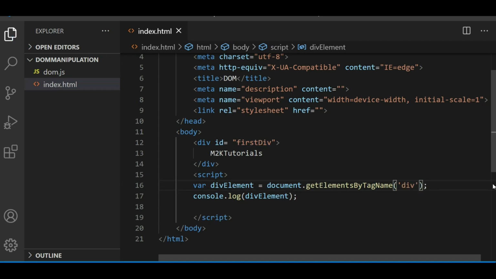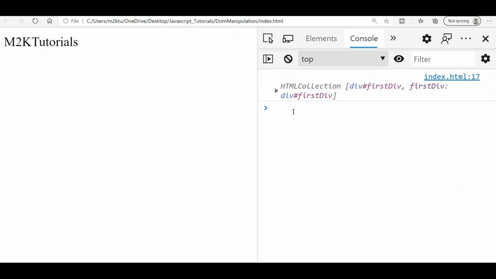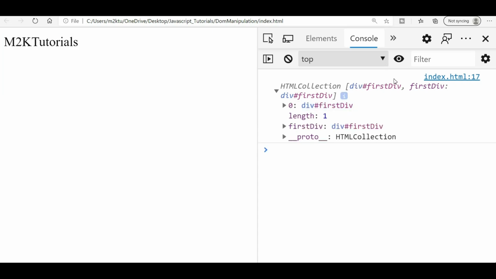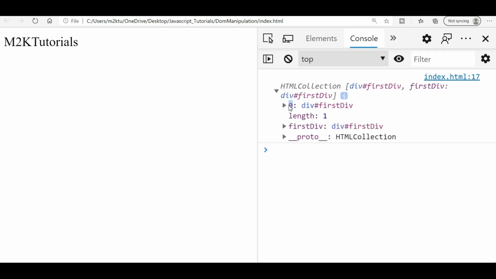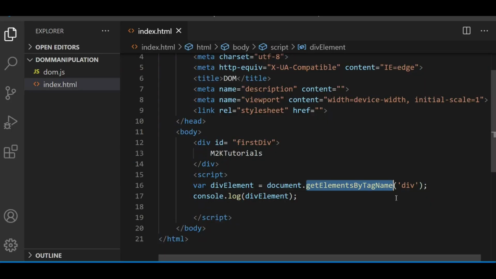Now if you refresh, you see one difference between ID and getElementsByTagName. Earlier it was giving you only the element, now it's giving you an array. In this array, at the 0th index, you have your div element. If you look closely, this is getElements, so getElementsByTagName always returns an array.